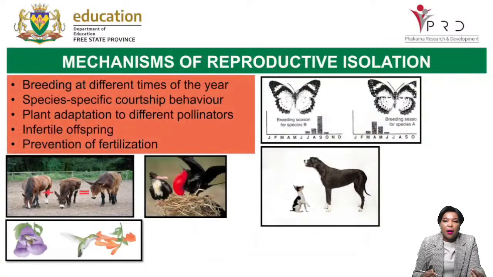This is where we are talking about mechanisms of reproductive isolation. So reproductively, what isolates them? The first one, breeding at different times of the year. If you can take a look at this